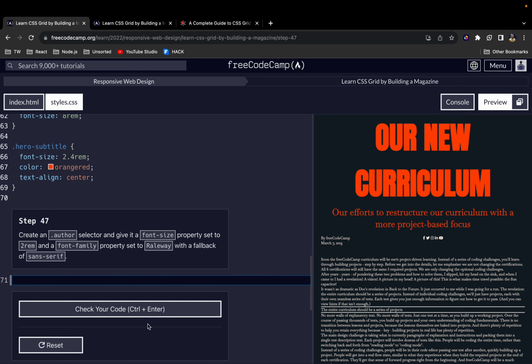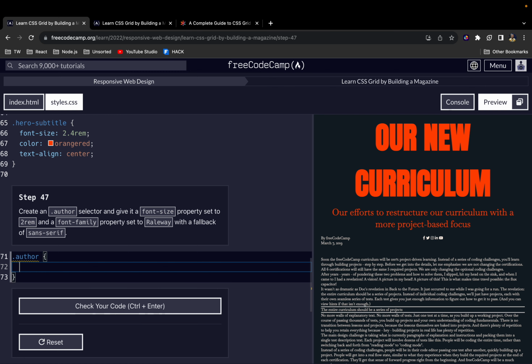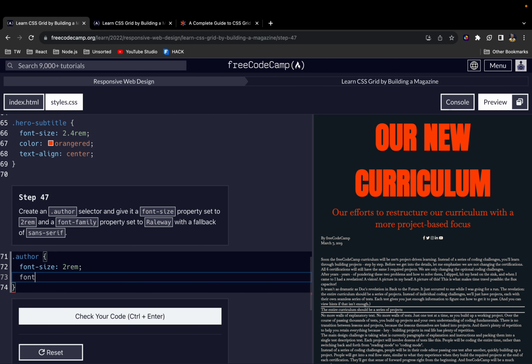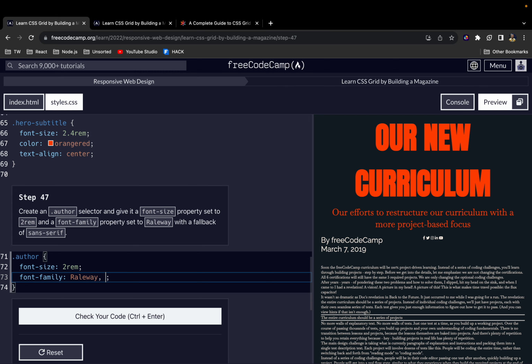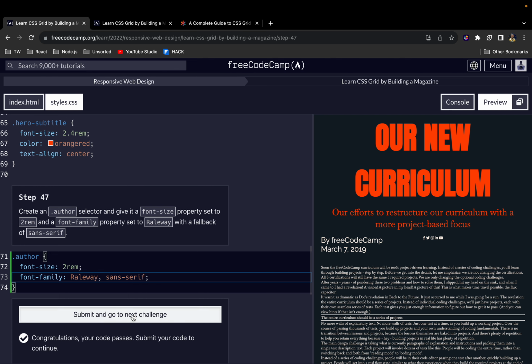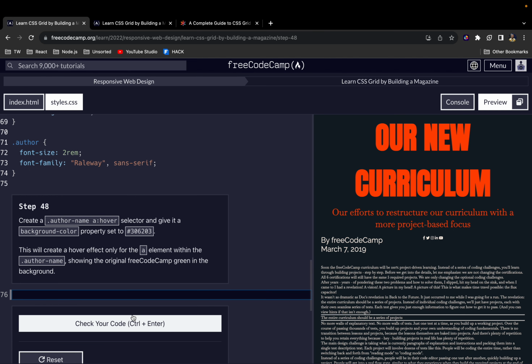Next up, what we want to do is to create an author selector, and then let's give it a font size property of 2 rem. We also want to give it a font family property of Raleway, and then let's give it a fallback of sans serif. All right. Next up, let's create an author name selector. So we'll say author name,